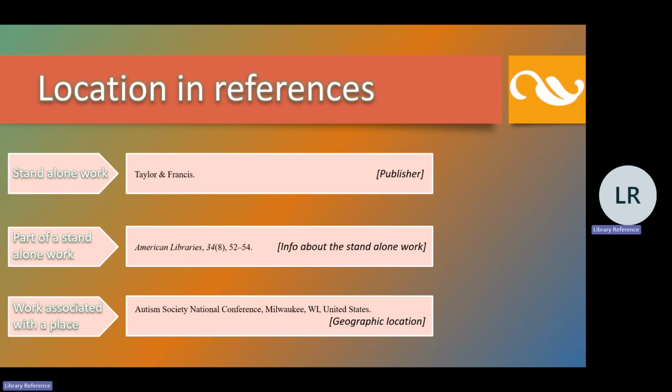What we will include in the location element is the name of the conference where the paper was presented. In this example, Autism Society National Conference, comma, and then the actual geographic location where the conference was held. And this conference was held in Milwaukee, Wisconsin, United States. Okay, now,